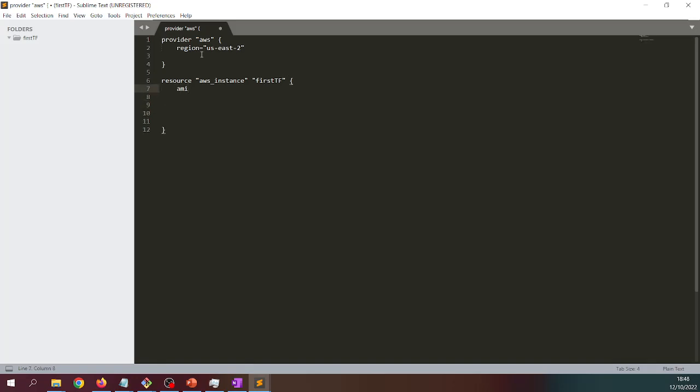And the AMI, the easy way to find out the AMI is by opening up